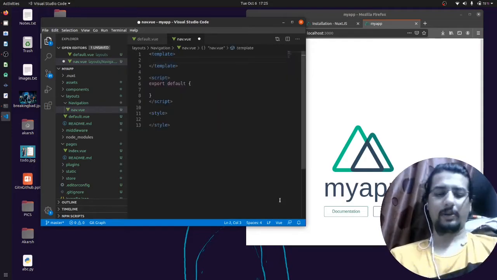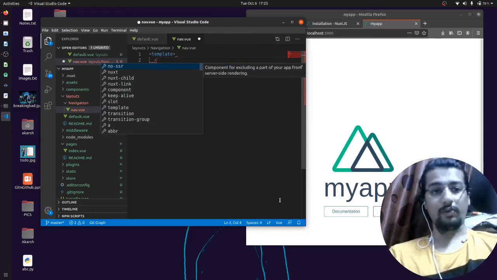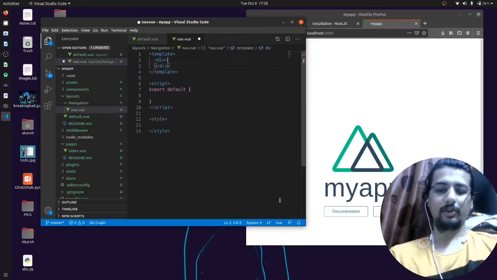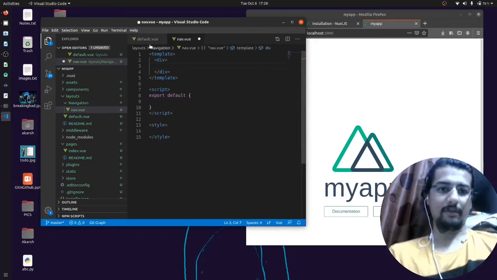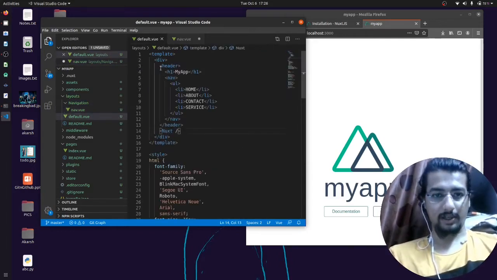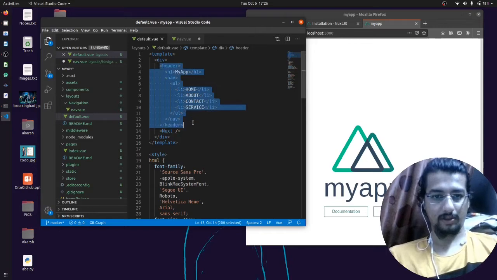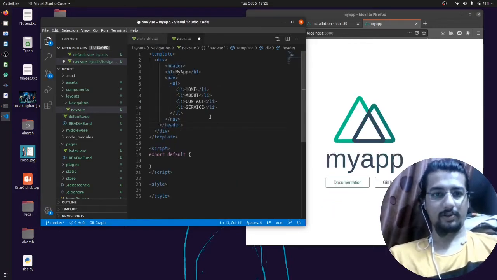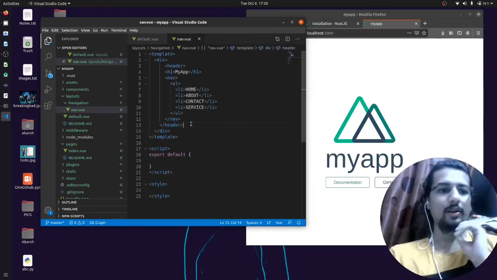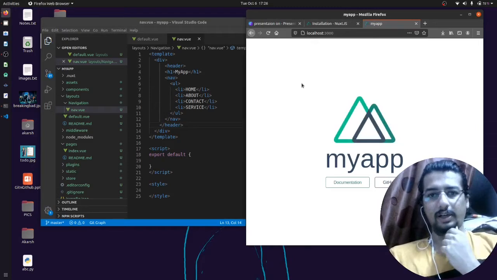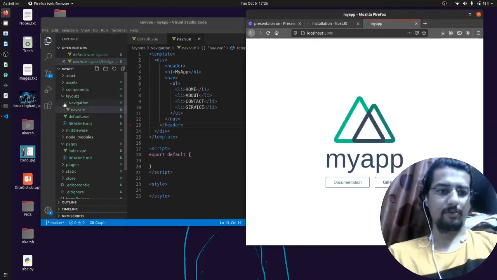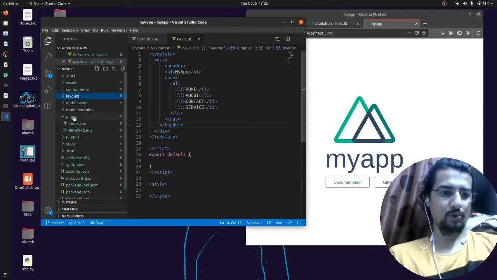Now what we will do is a view div, and inside that I will copy each and everything that I have given here from header to header, paste it here. Okay, before that, let me show you.